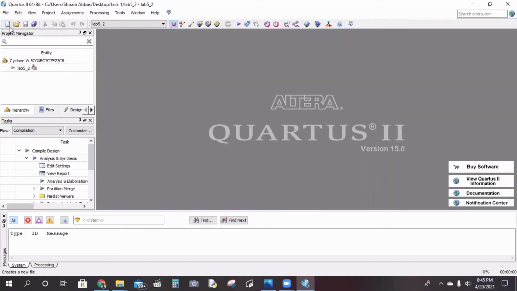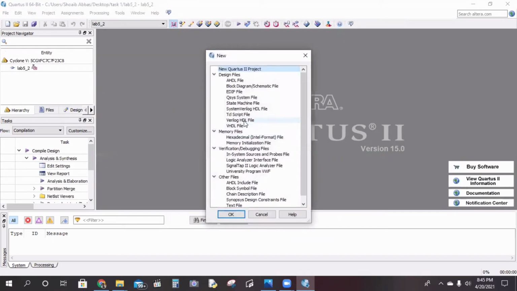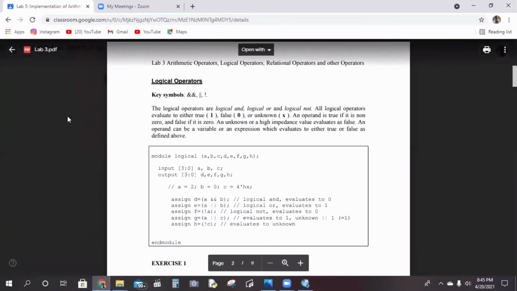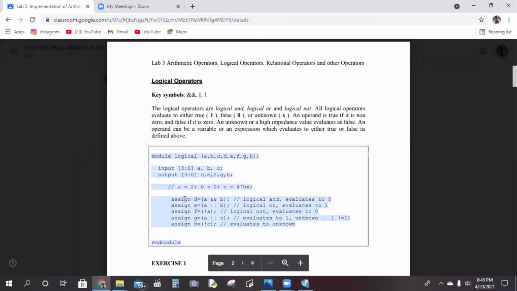Yes, the process is totally similar. We will go to New. From here we select Verilog HDL file and click on OK. We will just copy the code from here, as it is also mentioned over here. We will copy the code up to here and then